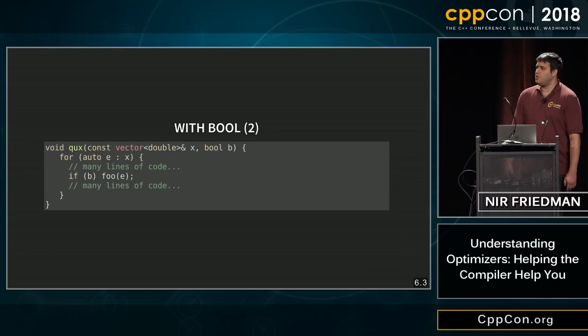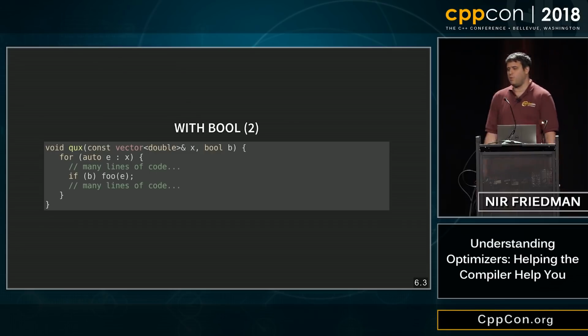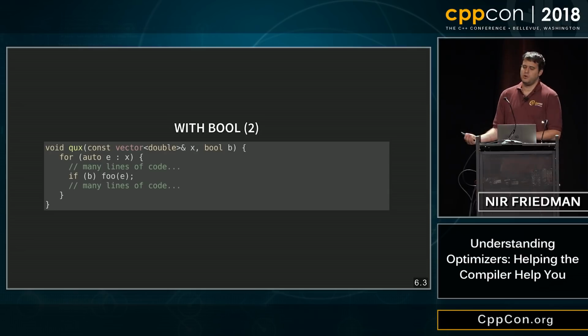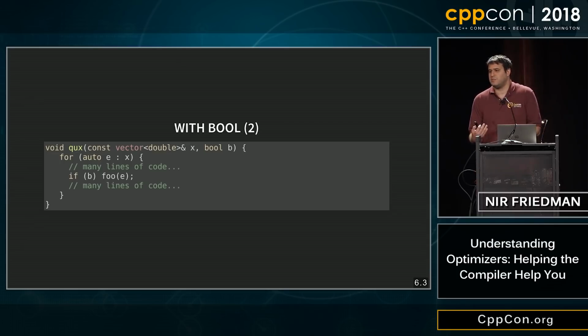But sometimes you really know that you want to pull the branch out of the loop, despite everything. Can someone give me an example? Why would I know, even without measuring, that I really want to pull this branch out of the loop? There's actually one very simple example: if you know that you're only ever going to call one version ever in your program. That may sound really weird, but this happens all the time. You have Booleans that enter at configure time. You read it once from the configuration, and you're only ever going to use that value. So it's a runtime option, but it doesn't change for the life of the program.